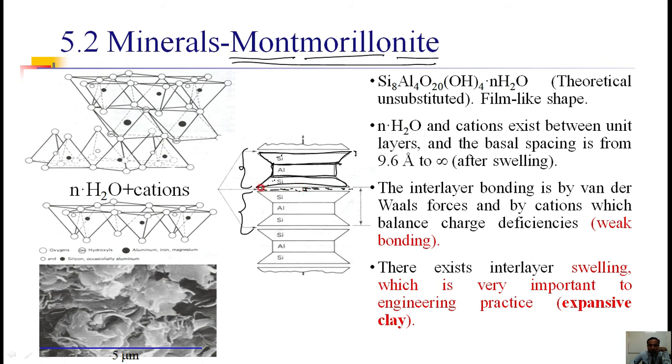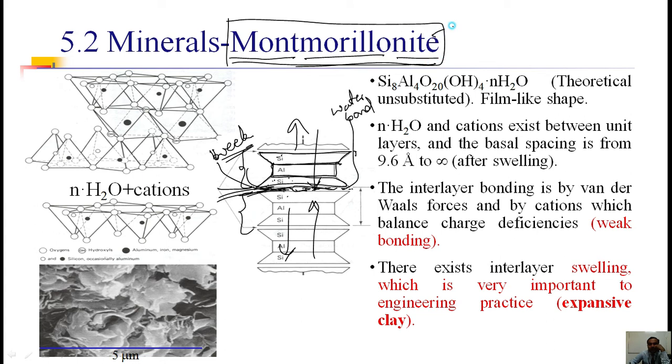By some bond here. This bond is a weak bond. Weak bond means water can penetrate, so I can also say that this is a water bond. When a lot of water comes in between two layers, it makes the clay swell. And in the summer season, if all the water evaporates, it makes the clay shrink. Therefore, Montmorillonite is such a mineral where